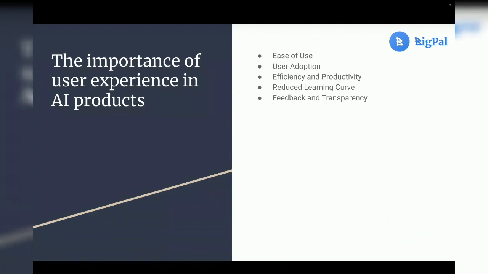I told you guys about how we made BigPal live for a while to get feedback, and I talked about how important it was for them to be transparent. Very important, because you can't lie to somebody forever.